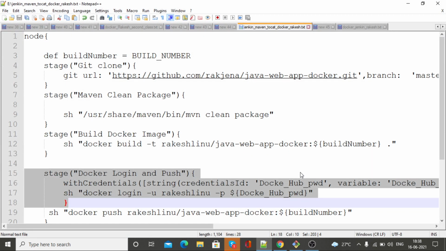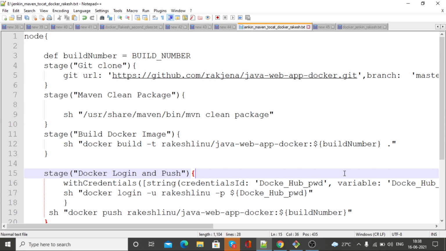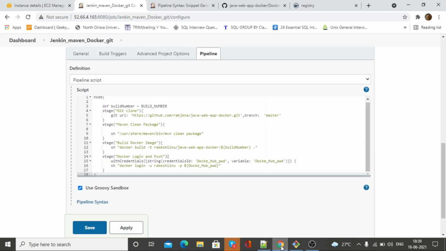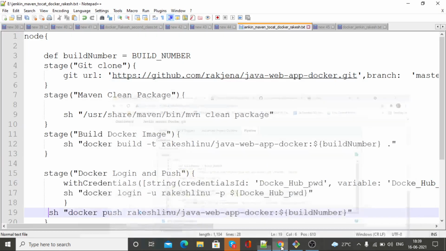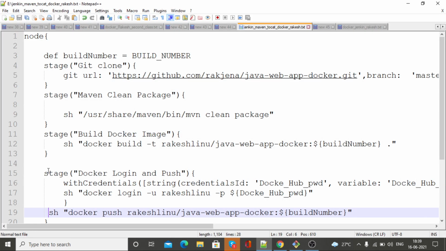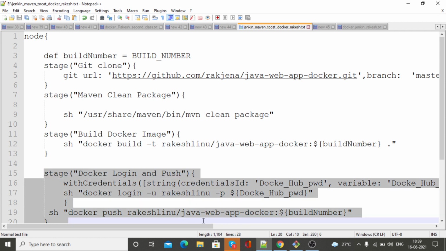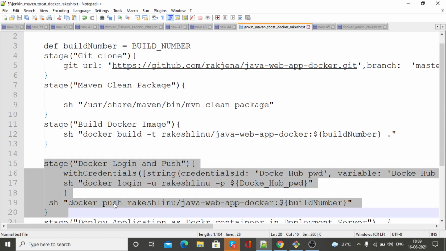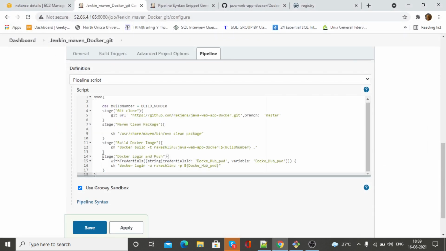I don't know why. Oh, I missed this line. Docker push. Sorry. Let me check once. Oh, sorry. So let me copy once more. I am going to copy this. I am going to copy once more. Okay.